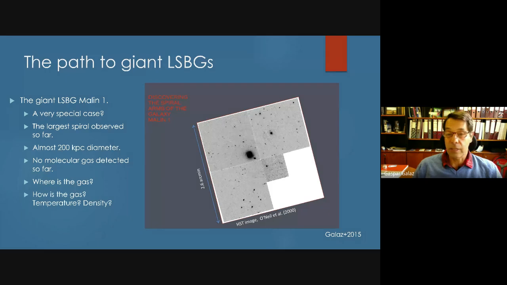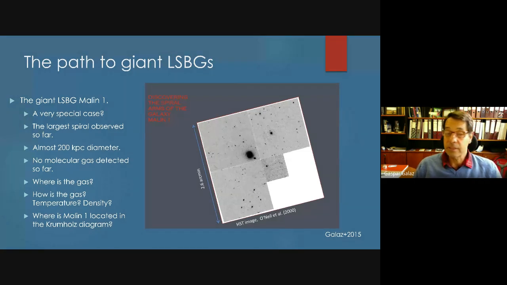Where the gas is is not clear, but it should be somewhere, because this galaxy has HI in enormous amounts, and also many stellar populations in the whole Hertzsprung-Russell diagram. And also, we observed recently with MUSE, I will not show this now, but we observed H alpha in many spots. So the gas should be there. Many questions, you can ask many questions about this galaxy. Where is the gas?